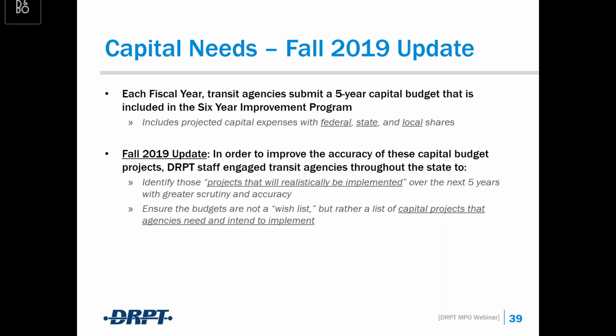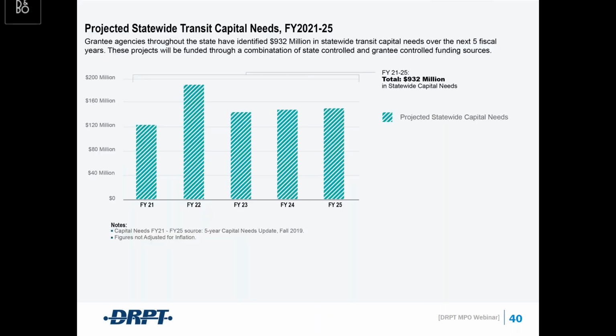And in that process, we tried to ensure that the budgets were not a wish list, but rather a list of capital projects that agencies need and intend to implement. And the major takeaway from that process is that we found that between FY21 and FY25, agencies throughout the state are planning to implement $932 million in capital projects. As mentioned a moment ago, these projects will be funded through a combination of federal, state,